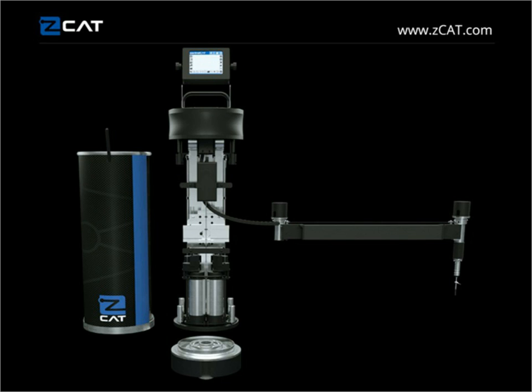Now, here's a little blow-up of the zCAT. This is not an official CAD pack diagram by any stretch of the imagination, but it gives you an idea of the breakdown of the zCAT. Again, a rotary encoder in the base. If you look above the base, you can see in this case 2 motors. There's actually 4 motors in the zCAT. You'll see the cross-axis there, and